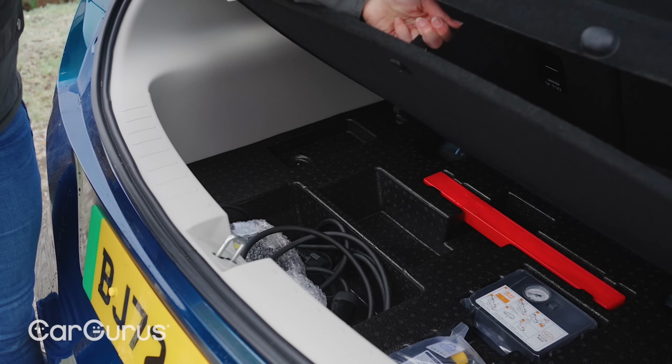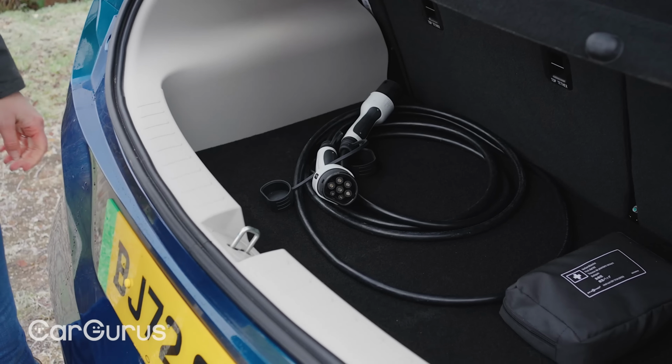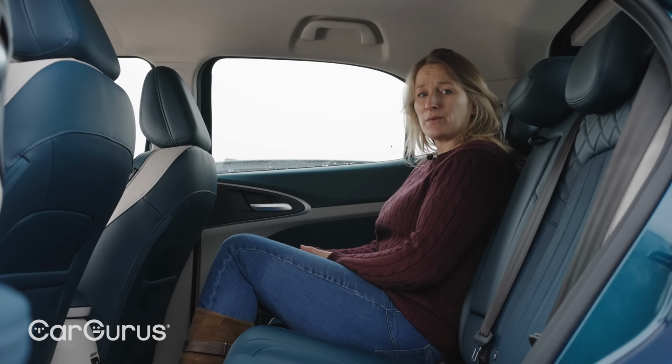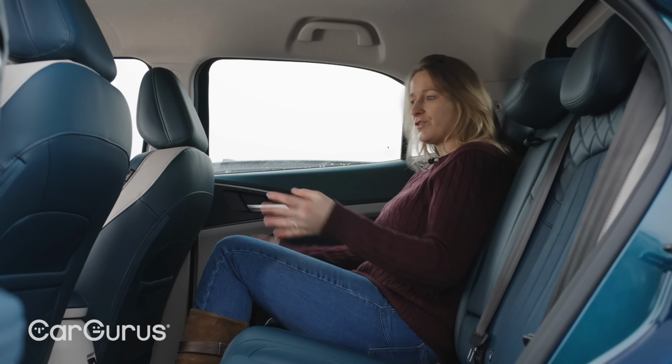There is a bit of cable storage underneath the boot floor, but you'll struggle to get 2 cables underneath there. And there's no storage in the front of the car either. So that is a big disappointment then with the boot. Not least because otherwise this is actually quite a good family car because there's loads of space in the rear